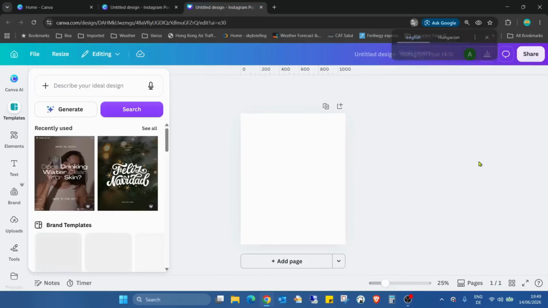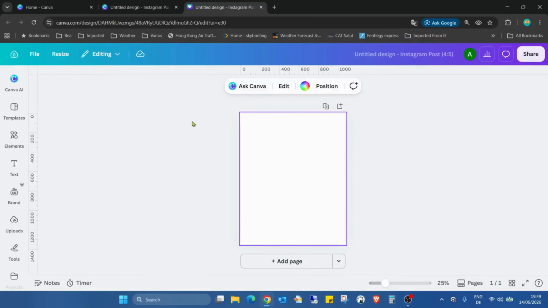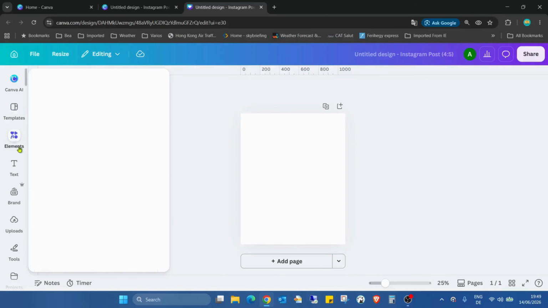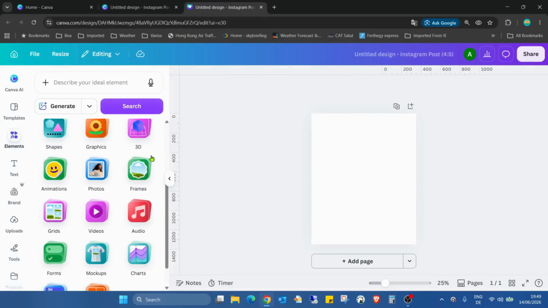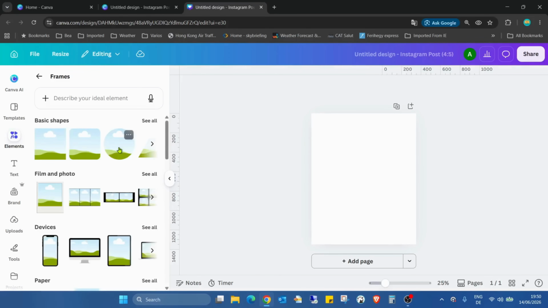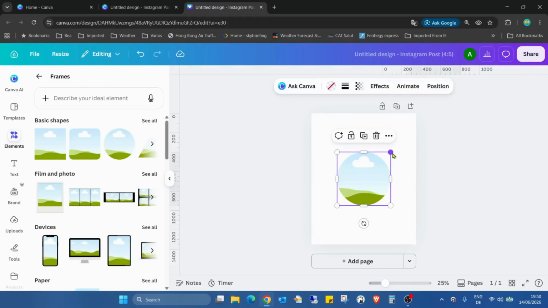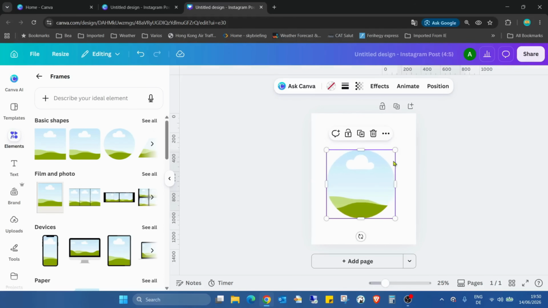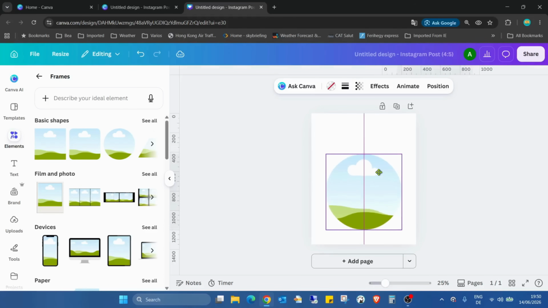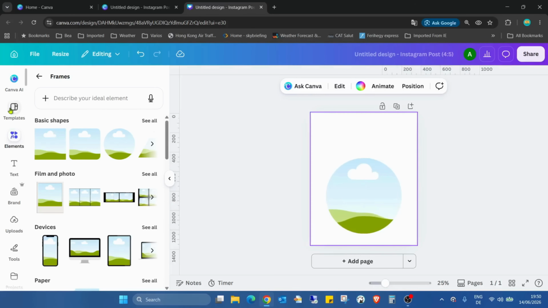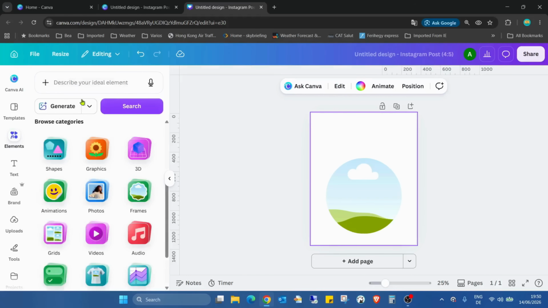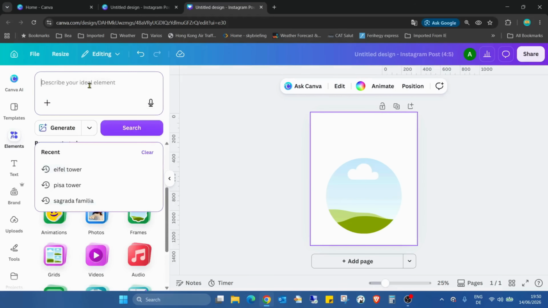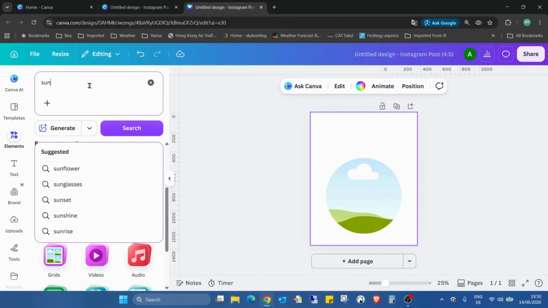So I already created a new project. First, I need to go to the elements, scrolling down to the frames and just insert a circle frame, increasing the size a bit, moving down a bit, and now going back to the elements and searching for sunburst,